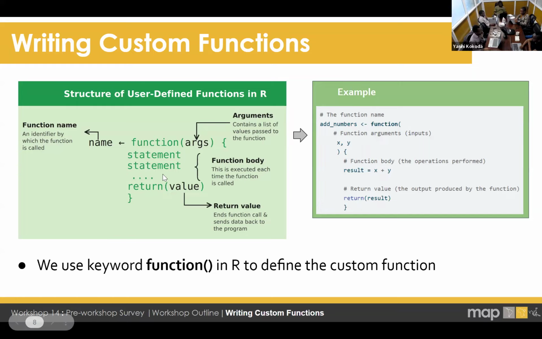The second part is the function arguments. We remember we said it takes different inputs and returns the output. So arguments are simply a list of values or inputs of this function. It could be 1, it could be 2, it could be even 100, as many as you can. So in our example here, we are trying to add two numbers. You have two inputs, X and Y, the first number and second number. You could decide to add even 5 numbers by expanding the arguments.